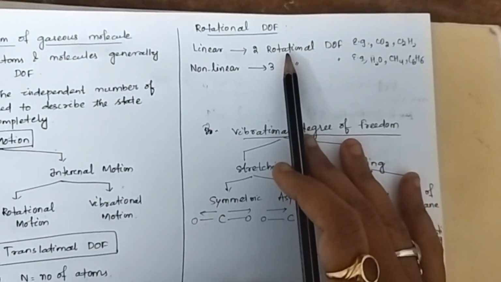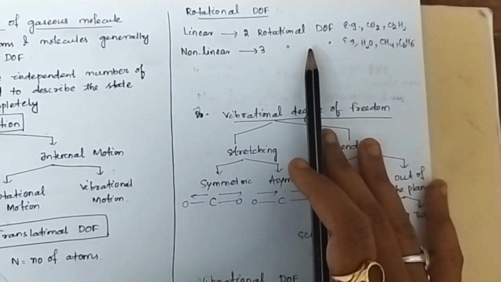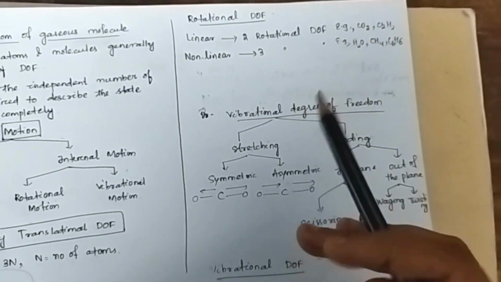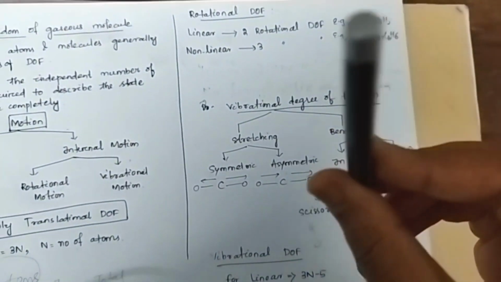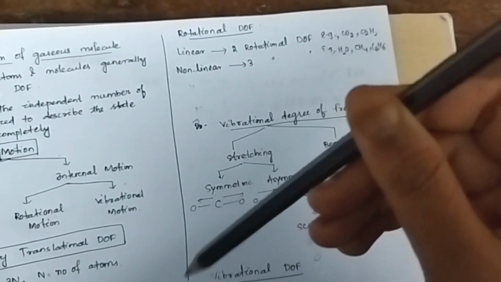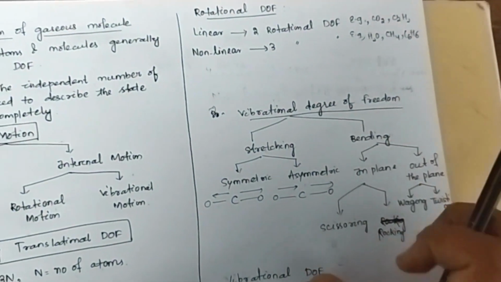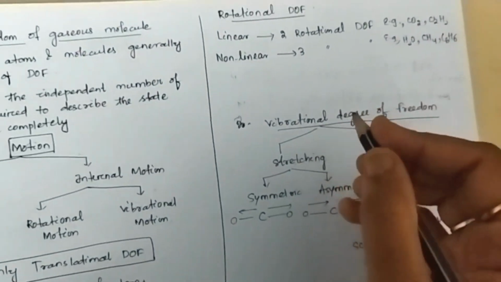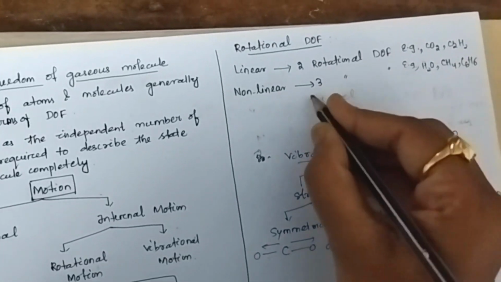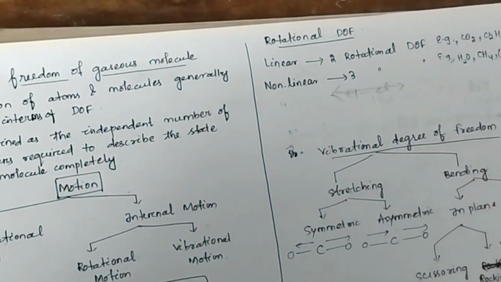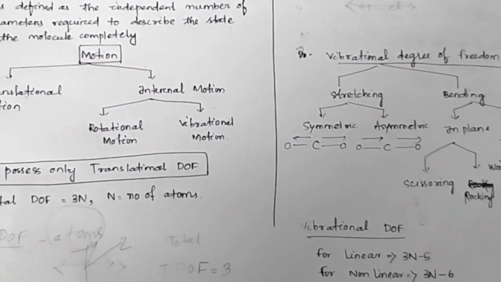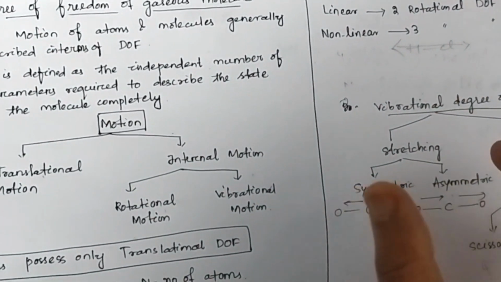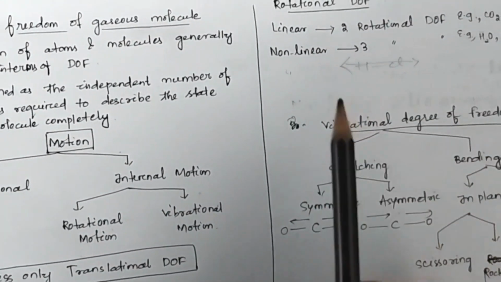Let's come to rotational degree of freedom. In linear molecule, 2 rotational degrees of freedom are possible. In non-linear molecule, 3 rotational degrees of freedom are possible. A molecule can rotate in x-axis, y-axis, and z-axis. But in case of linear, there are 2 rotational degrees of freedom, because the atoms are present in a single axis. If I take HCl, then 2 atoms are present in a single axis. So it can rotate about either of the 2 axes perpendicular to the molecular axis, and rotation about the molecular axis has negligible rotational energy, because the mass is concentrated very close to the axis of rotation.